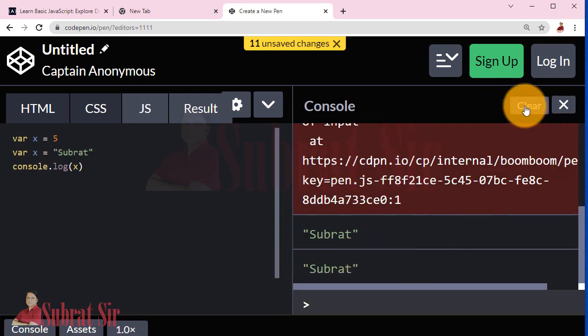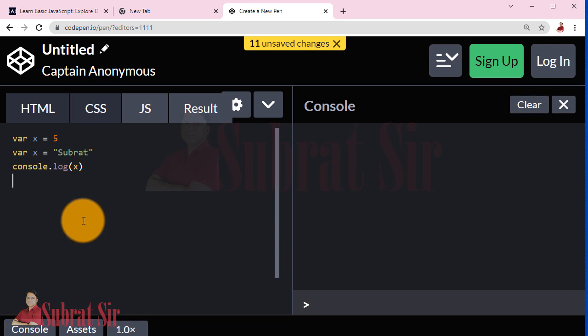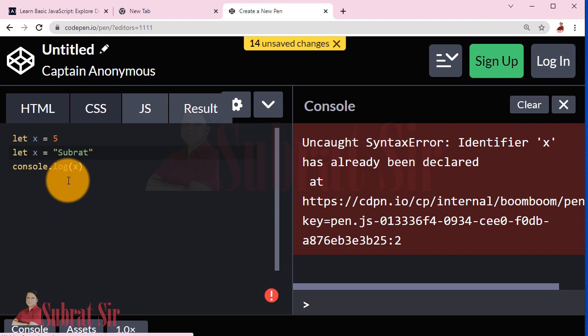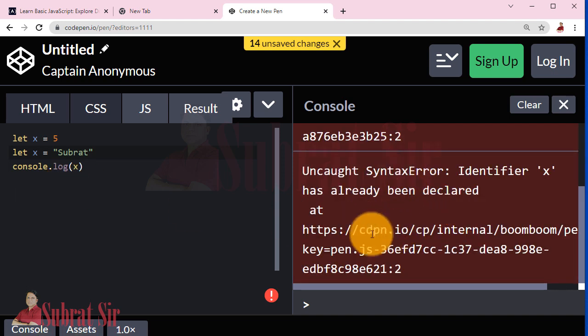Okay, Subrat is printed. But now we will use let instead of var. So let x equal 5, let x equal Subrat. So it will not allow you to re-declare x again.